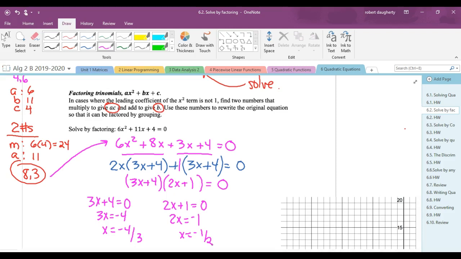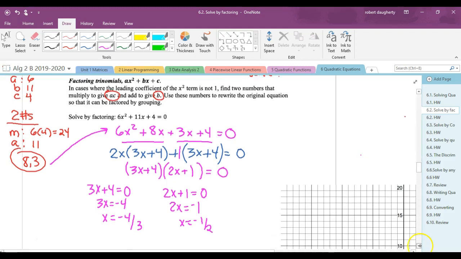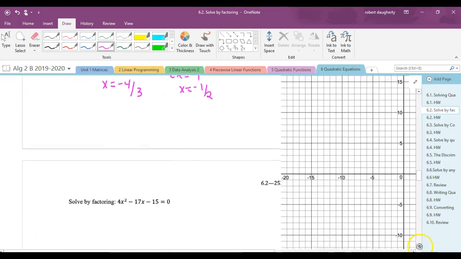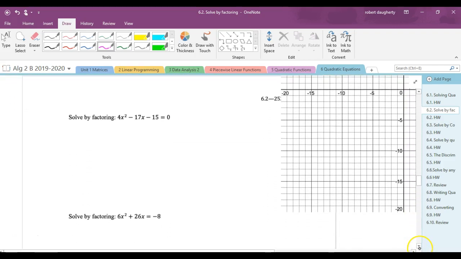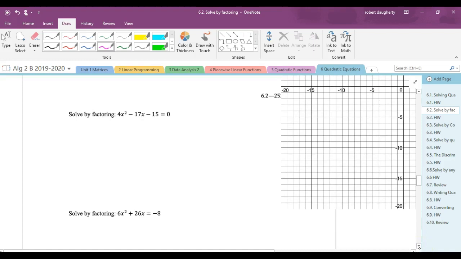Okay, a little bit more involved, but you guys can handle it. It's putting two factoring methods together. Let's look at the next one here. So if I'm going to solve this,